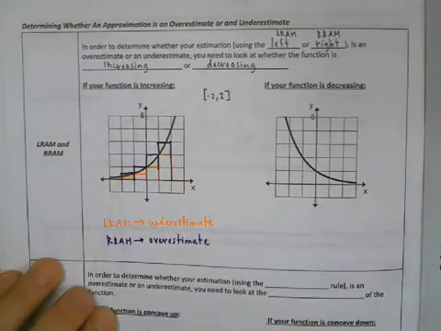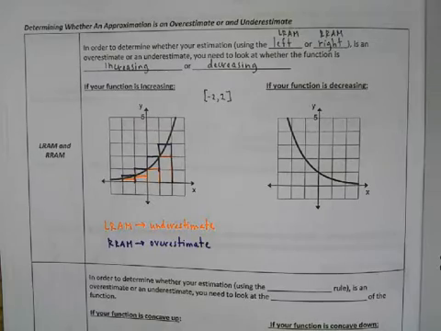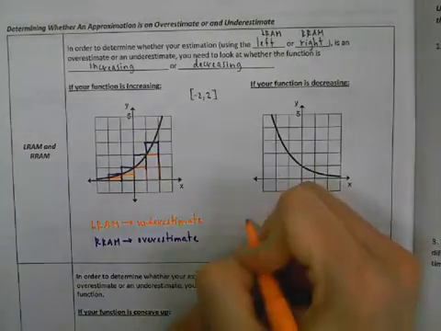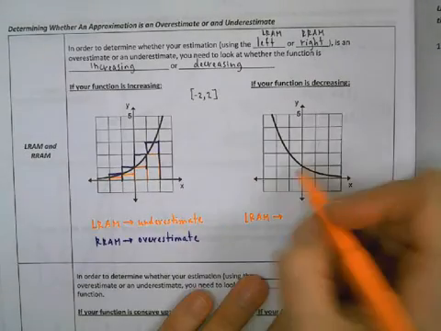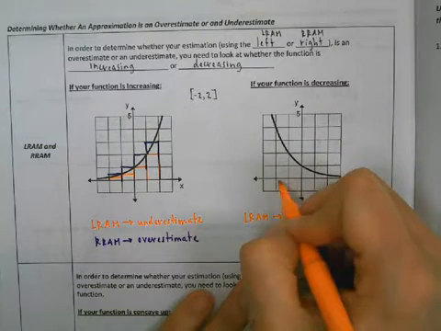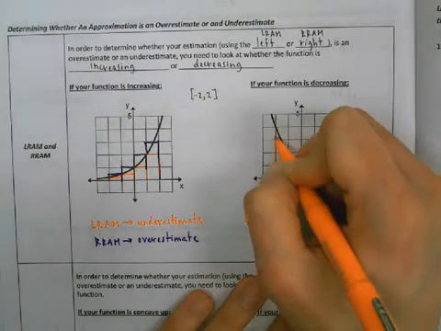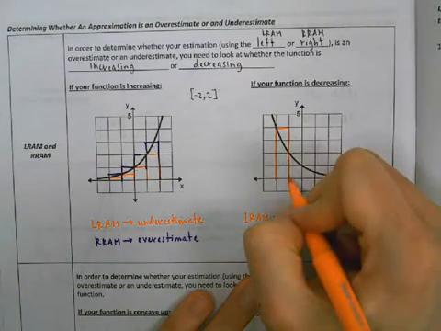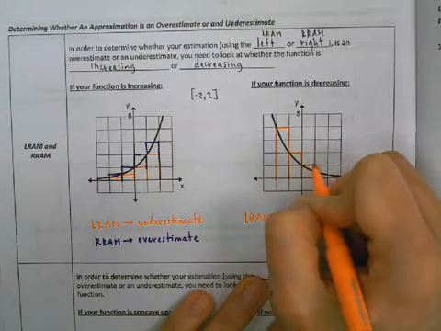And again, you can memorize these rules, but I think it's easier just to be able to sketch it out to see what's going on. Now, let's look really quickly if we're decreasing. And so let's take a look again at LRAM. If I'm decreasing, let's look on the interval from -1 to -2. So -2, I go up to the function and over to draw my rectangle. I'm going to do the same thing here, and here,